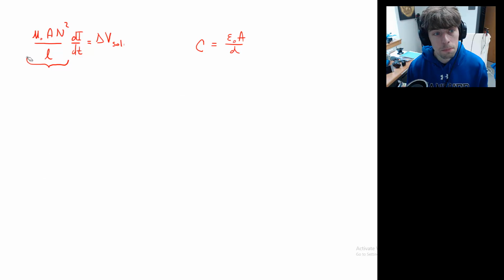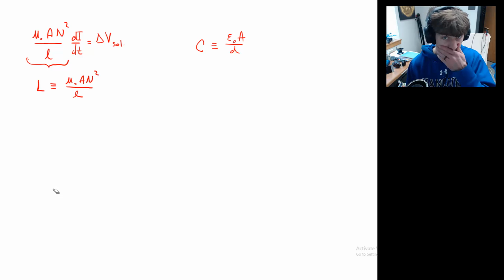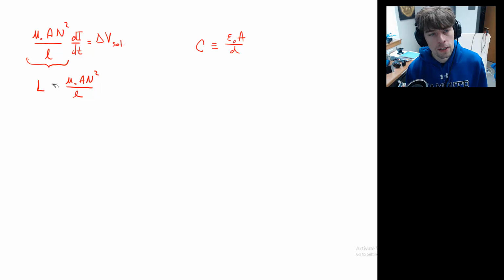So right here, this portion that I've bracketed off, that is sometimes referred to as the inductance. Okay. So we'll define that. The inductance is this mu naught A n squared over L. Right. This is the expression for a parallel plate. This is the expression for a solenoid,